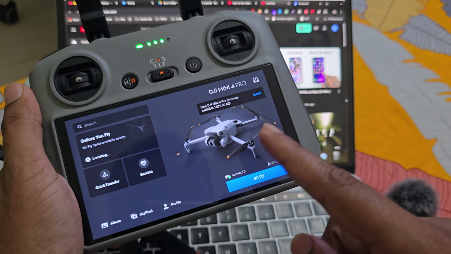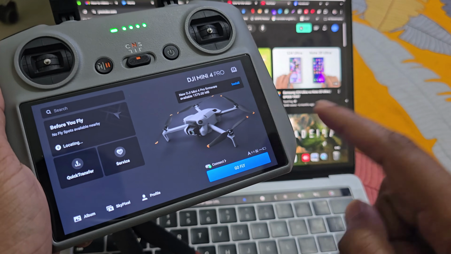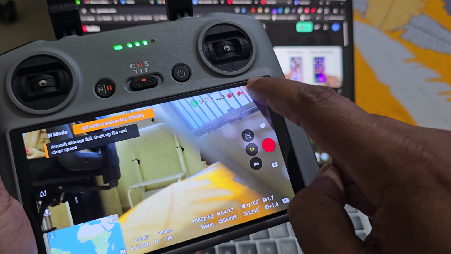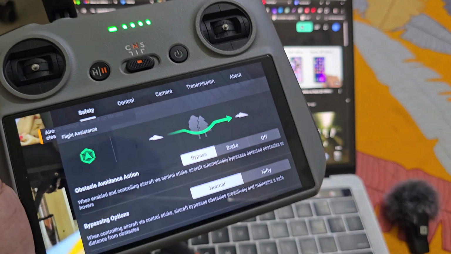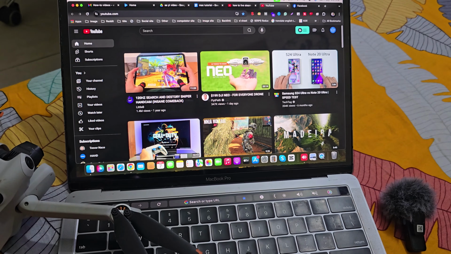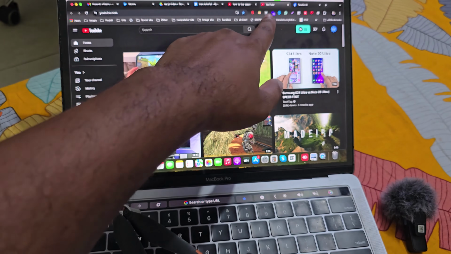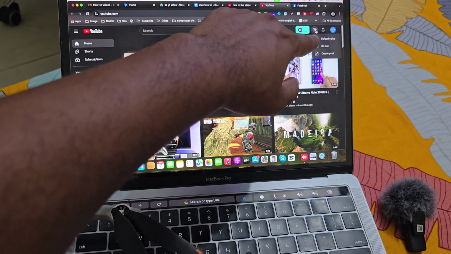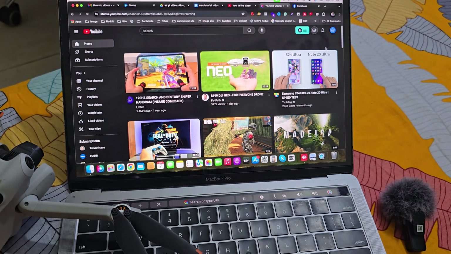and go to your RC and go to the Go Fly option, and then you can see the top right corner three dots, and at the same time I am opening YouTube or Facebook or any other platform. I am using YouTube. So press on the Go Live option, Go Live,